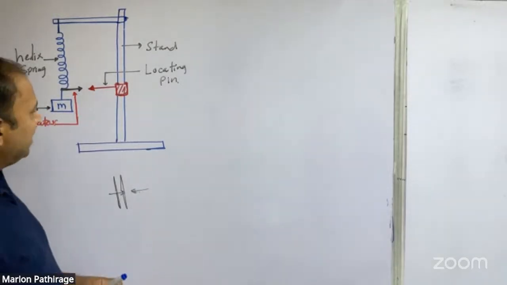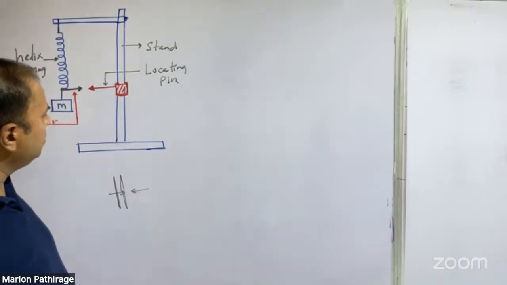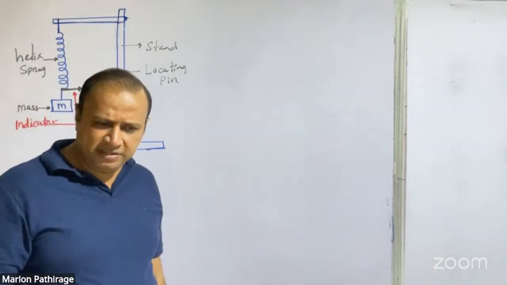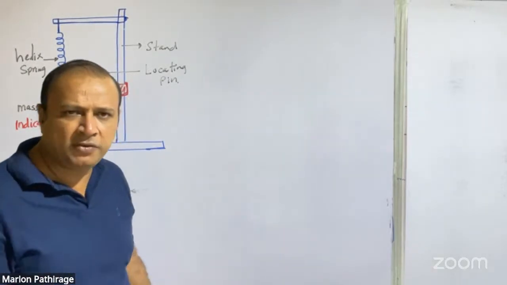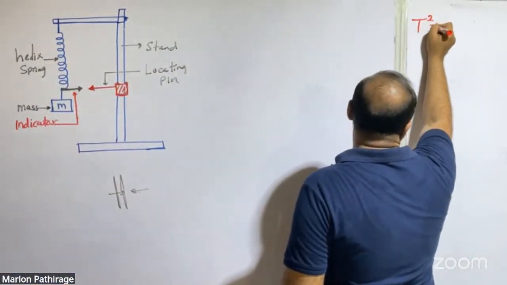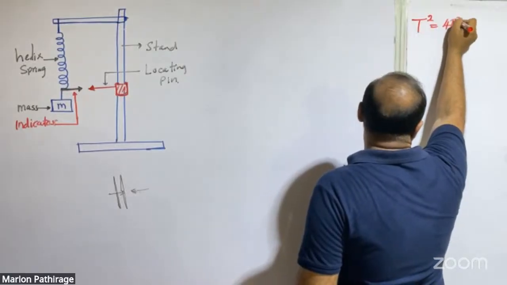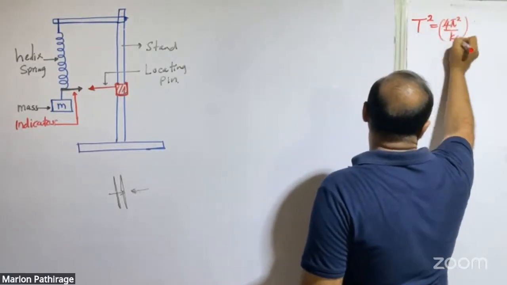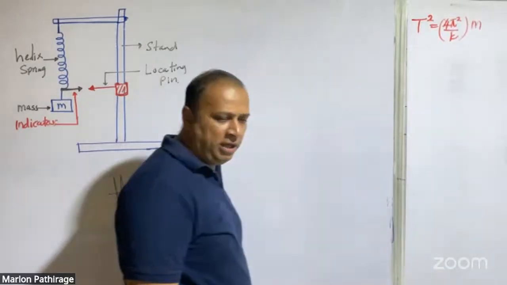Today, you need to determine the period of oscillation, because this is our relationship: T squared is equal to 4 pi squared over A into N. Therefore, you need to